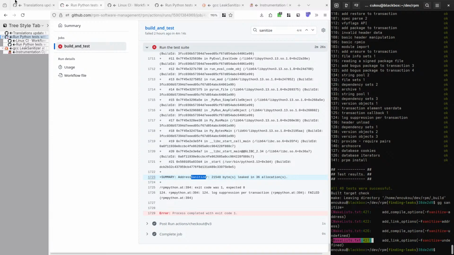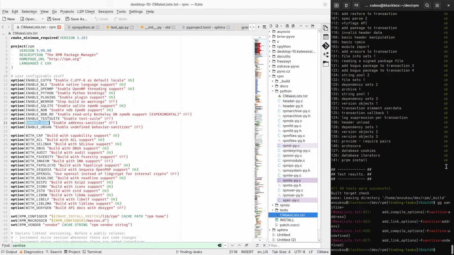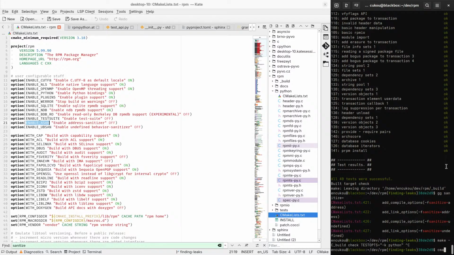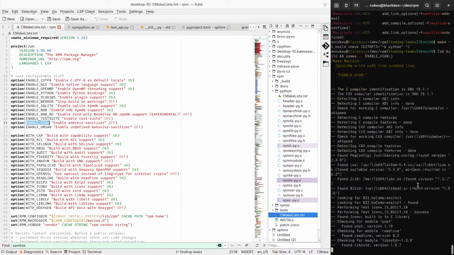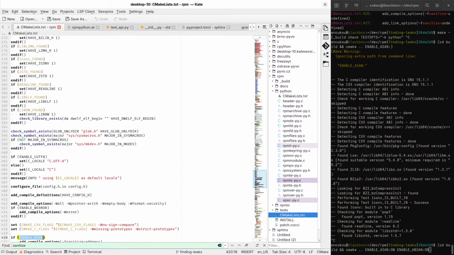Sanitization is done in CMakeLists. Ah, enable ASAN, enable UBSAN. That's what I need. Enable ASAN.